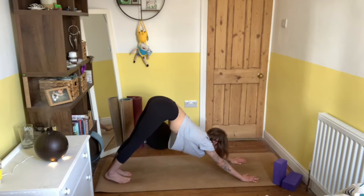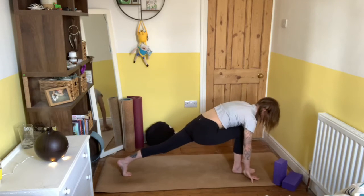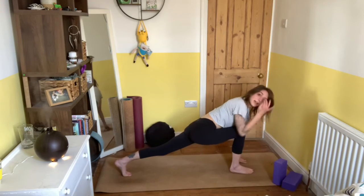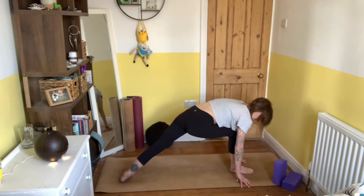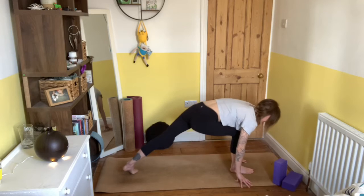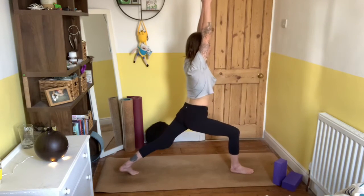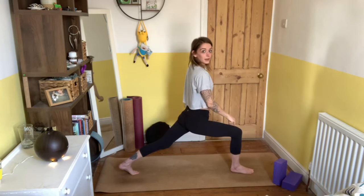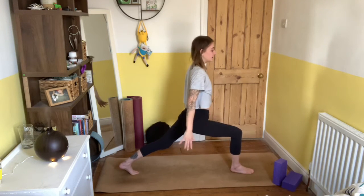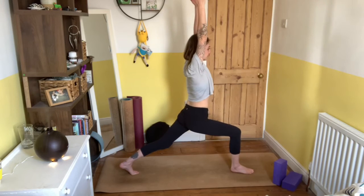And this time, inhale, look between the hands. We'll step the right foot in between. Again, we can leave that back heel up, or we can drop it down into that 45-degree angle, lifting up into warrior one. So we've got a nice 90-degree angle in that front leg. Press down through the toes, belly and ribs pull in,